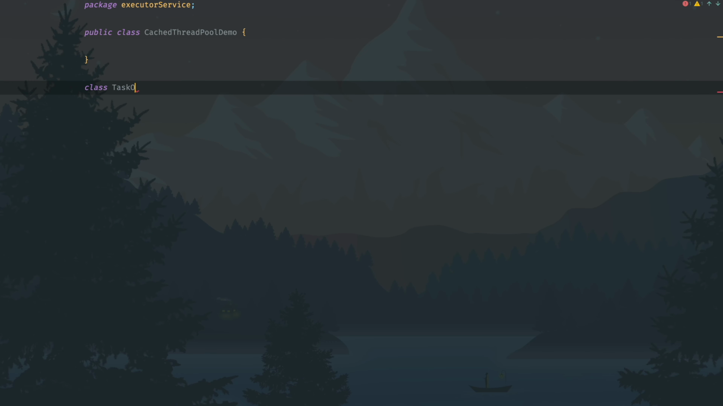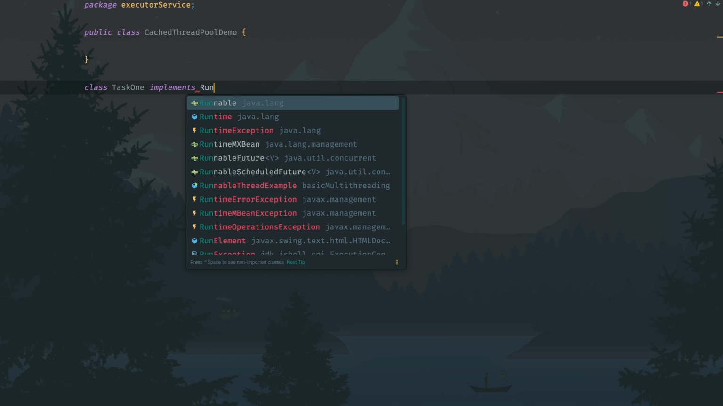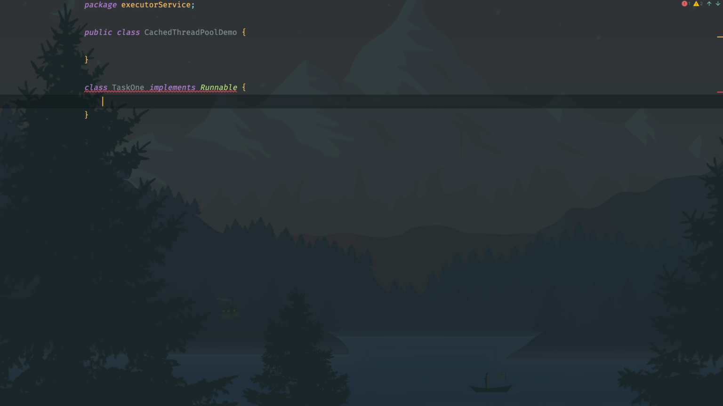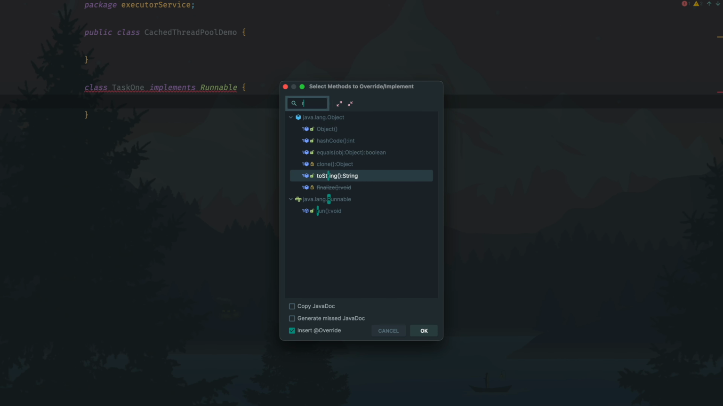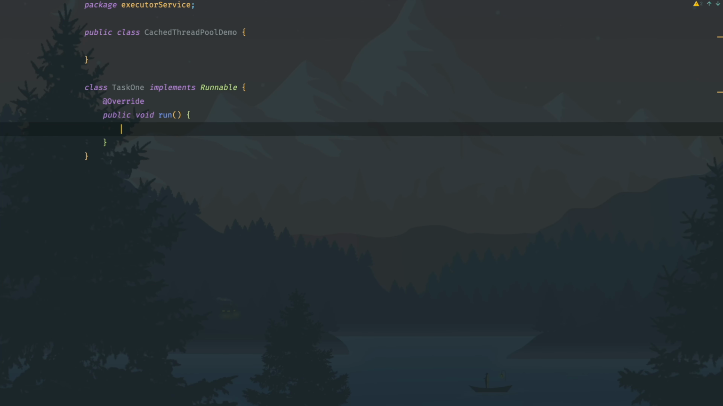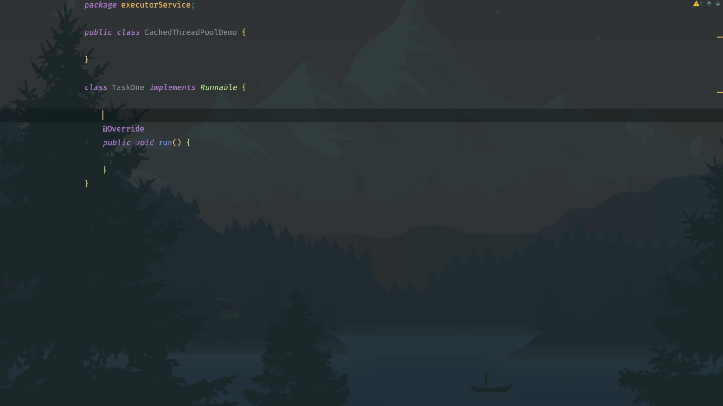Let's call this as Task1. It will implement the Runnable interface. Let's override the run method, and this class will have some sort of task ID. Let's call this as taskId. Initialize the same inside the constructor,